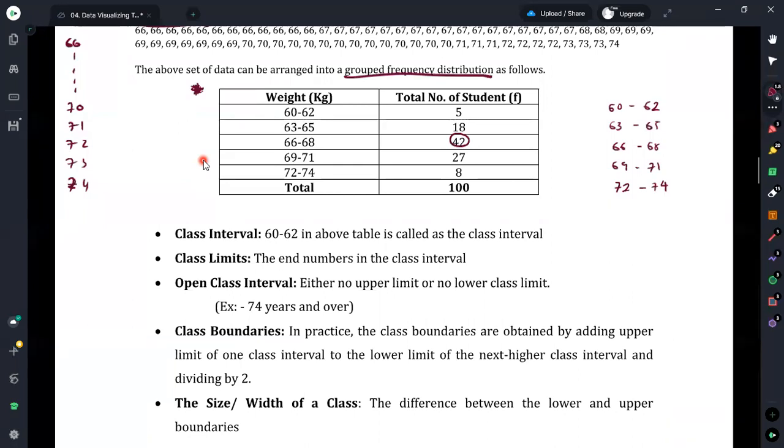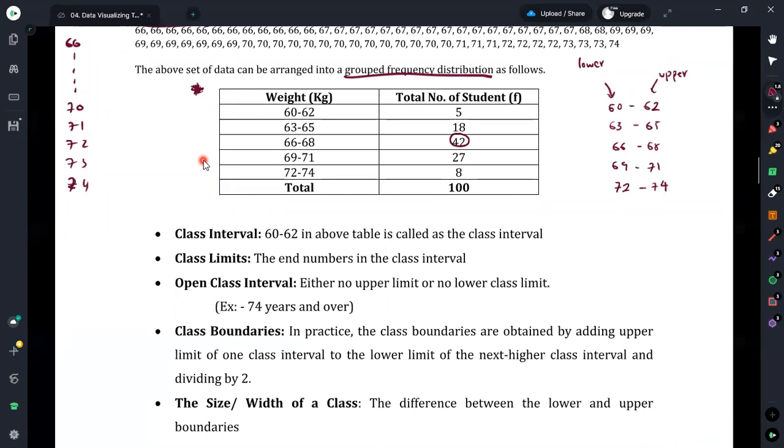The easiest way of identifying the class interval is, generally, we can... okay, prior to starting that, I will say about these two as well. Here we can see that for a class interval, you will have two values. This is the lower value for the class interval, and this can be said to be the upper value, or the upper bound, of this class interval.